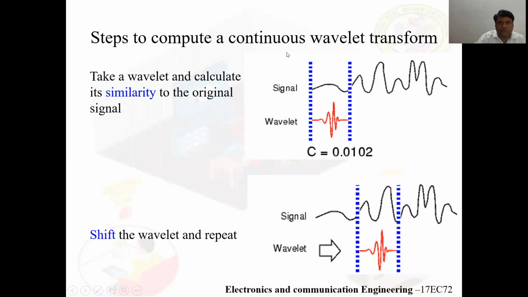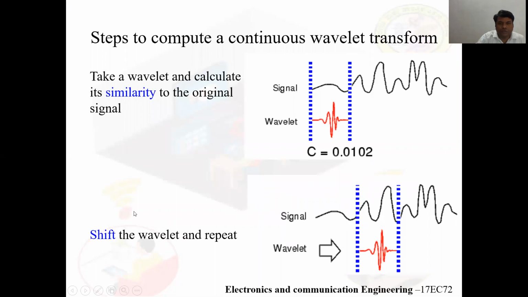Steps to compute a continuous wavelet transform. Take a wavelet and calculate its similarity to the original signal. So this is the signal. This is a wavelet function. So we have to calculate the similarity to the original function. C is equal to